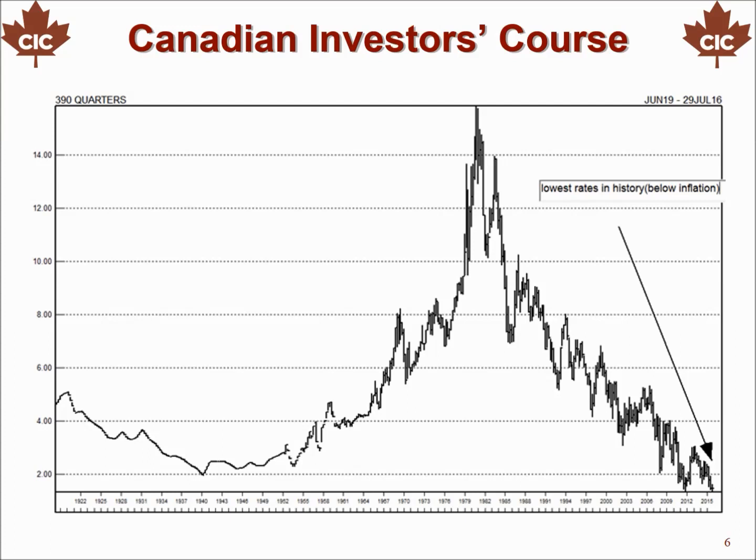Well, remember from our income investing slides, this is an even longer chart. This is page 6. If you look back in the early 20s, interest rates were 4 or 5%. They got down as low as 2%. In 1982, they went up to 16 or 18%. And then today, now they're at the lowest rates in history, well below inflation, well below 1%. It's extraordinary and likely unique.